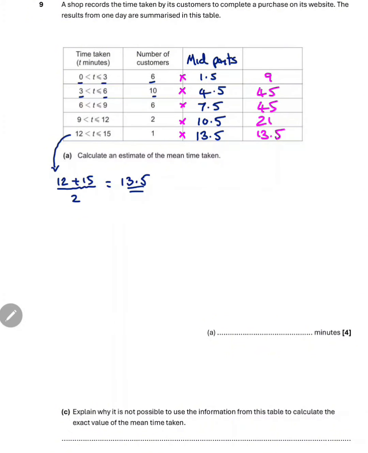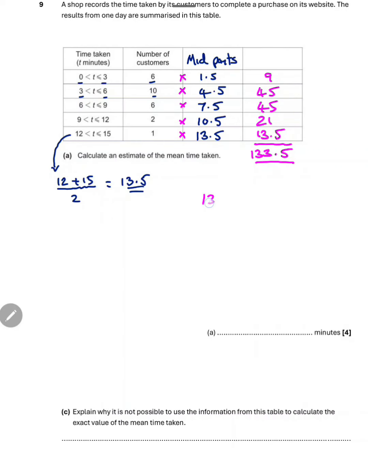So I've multiplied number of customers by midpoint in each row. What I'm going to do now is add all those numbers together. Get 133.5. I'm absolutely buzzing. I've done all that work. I'm close to the end. Beautiful, beautiful, beautiful. This is where most of you, or at least half of you, will make a mad mistake,